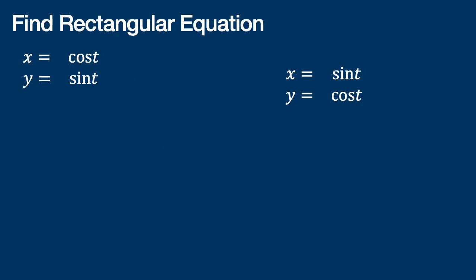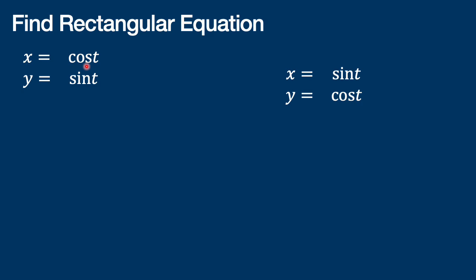Let's have another example of converting a parametric equation into a rectangular equation. This one is x equals cosine t, y equals sine t. We have this parametric equation, right? Then sketch the curve. Another one is x equals sine t, y equals cosine t. This one is not easy. Eliminate t, or